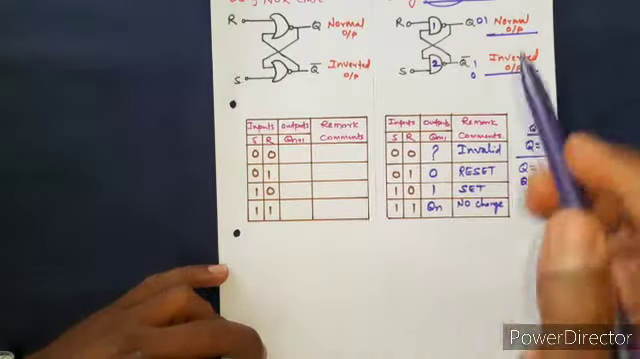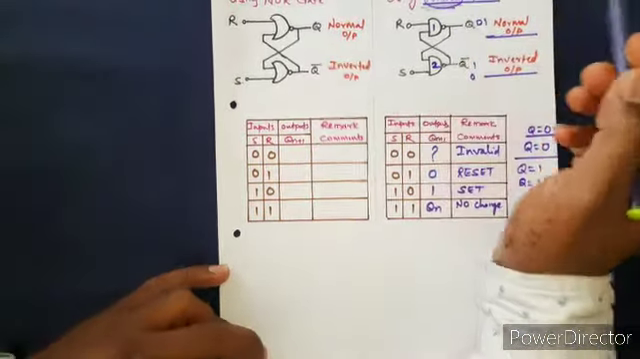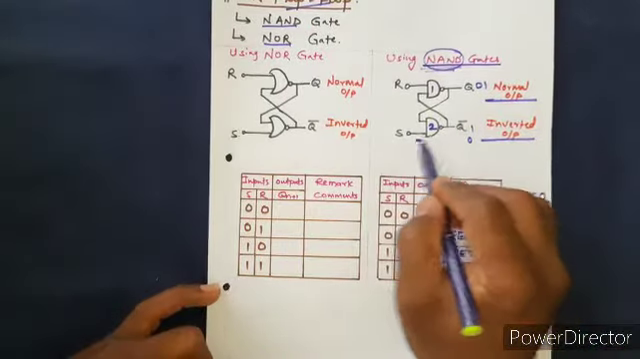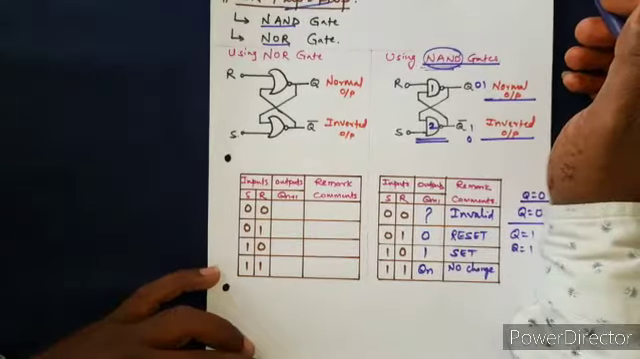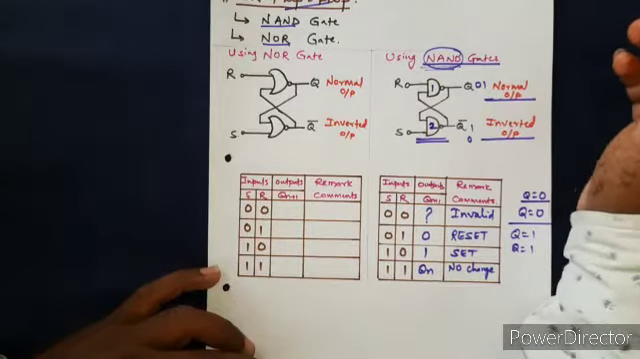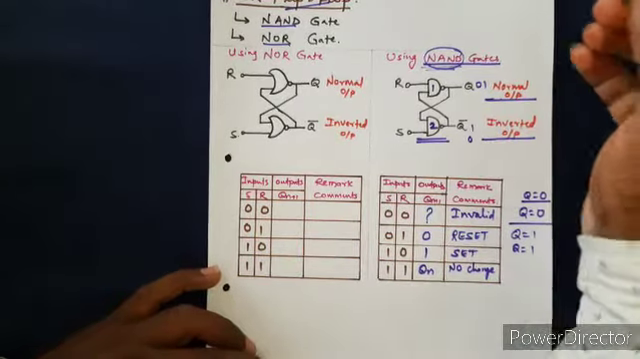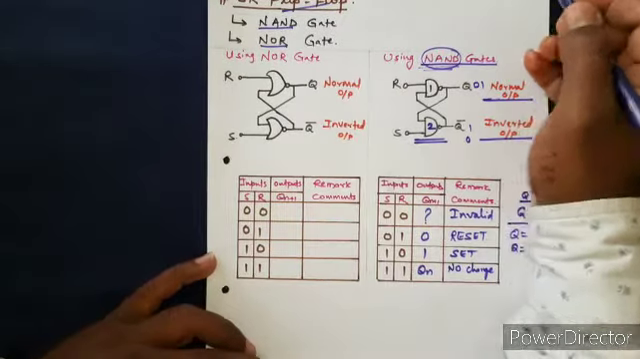Okay, now this is using this NAND gate. We have used this NAND gate. One thing, for your simplicity, for understanding purpose, you can do one thing: whenever such a circuit comes,